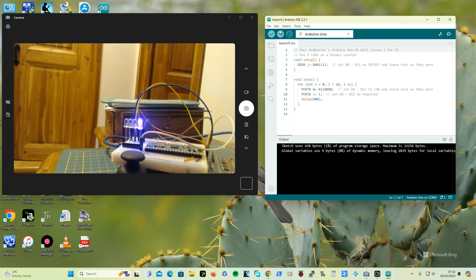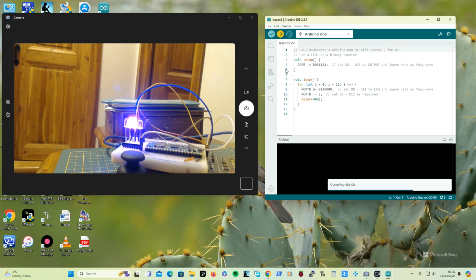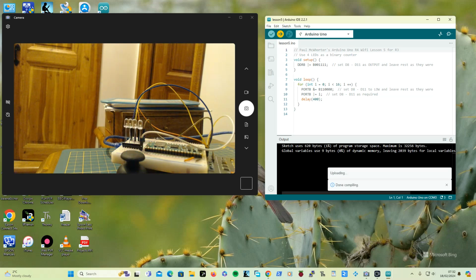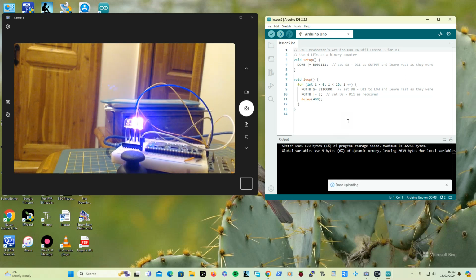And to prove that it does work, I know it's flashing, but just to prove that this does work, and it uses logical ORs and logical ANDs and things, and there we have it, it's working, you can see. Right,